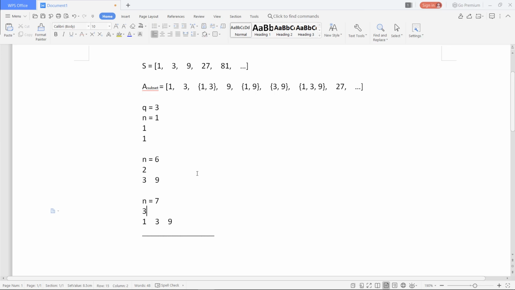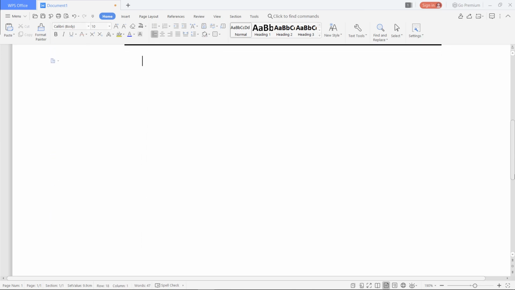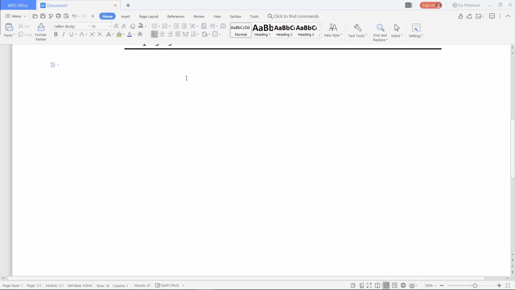And how can we answer these queries? Let's think. Instead of looking at powers of 3, let's use powers of 2 and see how all the natural numbers are formed using this set of powers of 2. Let's create a sequence for all the natural numbers.